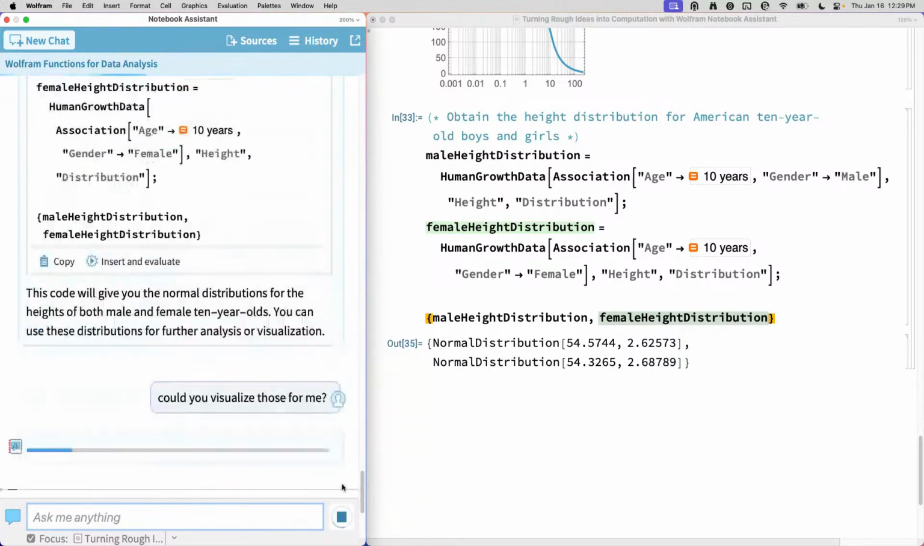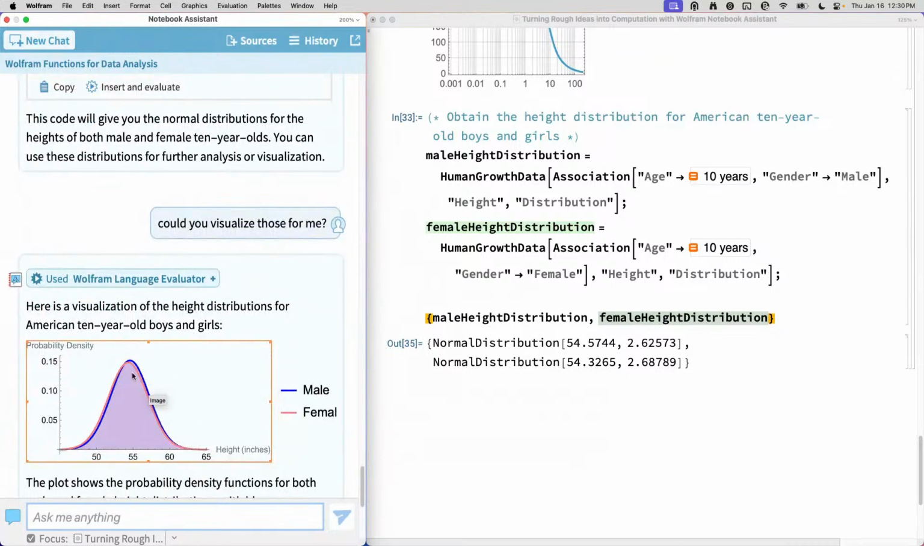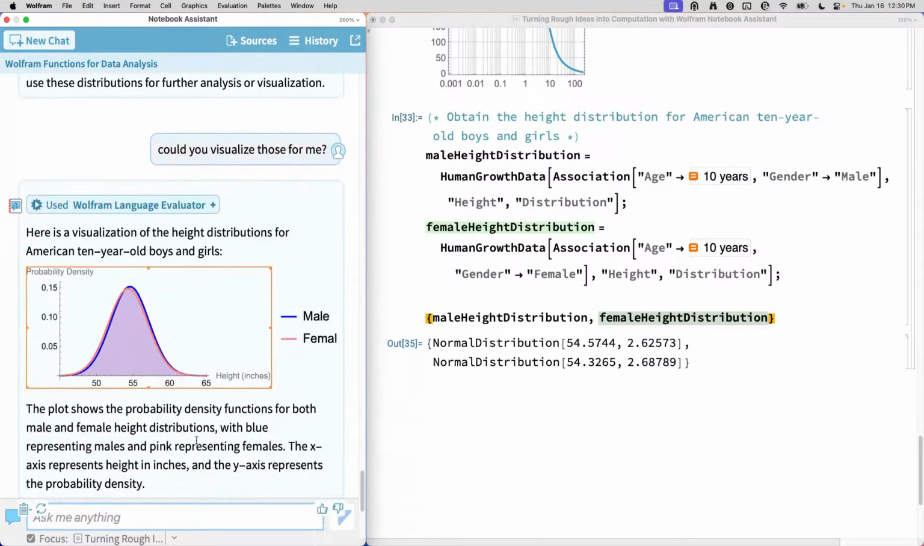I'd like to get some histograms or something, you know? And here we see the first explicit case of something else that Notebook Assistant can do. It can directly access not just the information in the Entity Framework that Wolfram Alpha uses, it can run its own Wolfram Language code and produce results in here for you. You don't even have to click insert and evaluate necessarily. So here we get some nice stereotypically colored